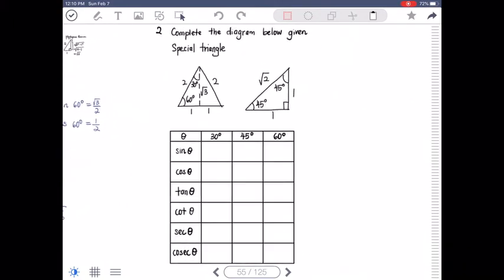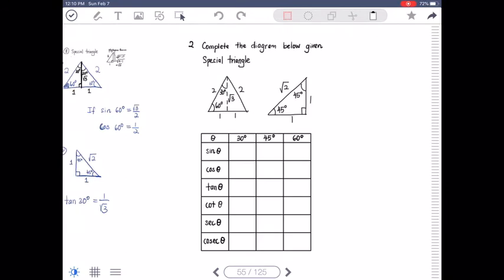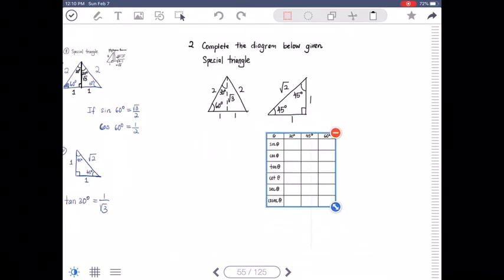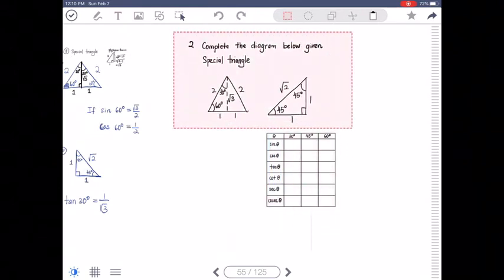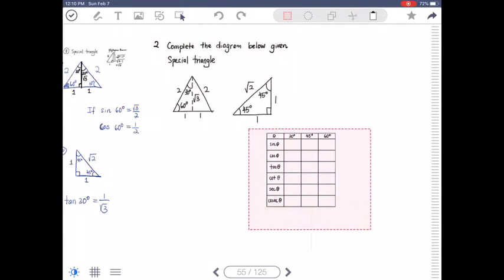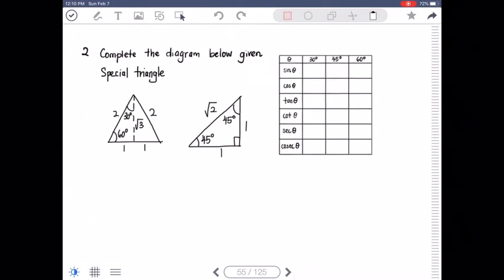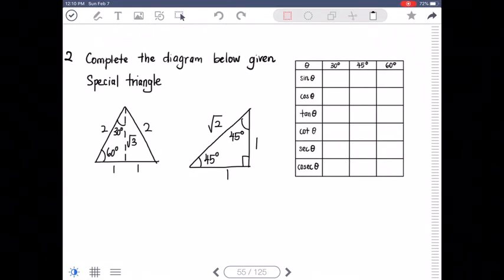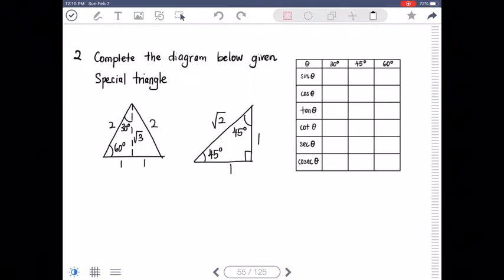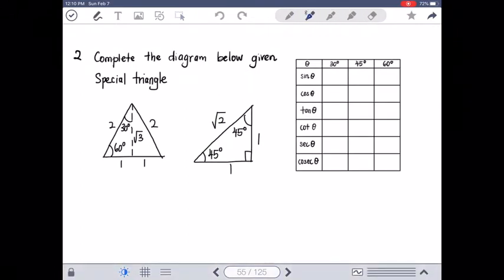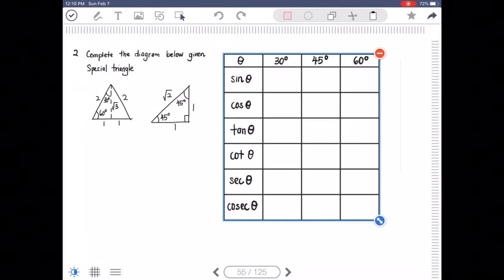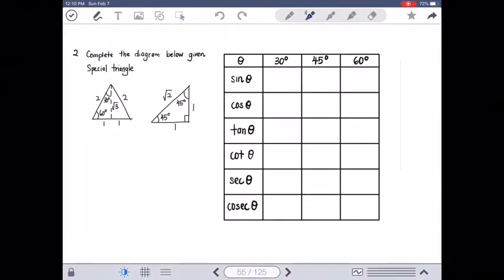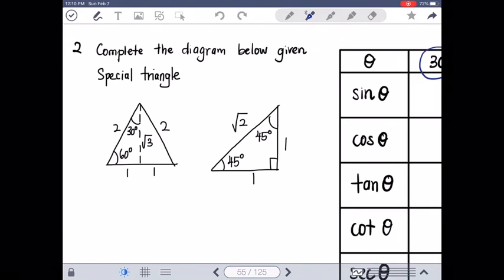So if we want to complete the diagram, it looks something like this. If theta is equal to 30 degrees,